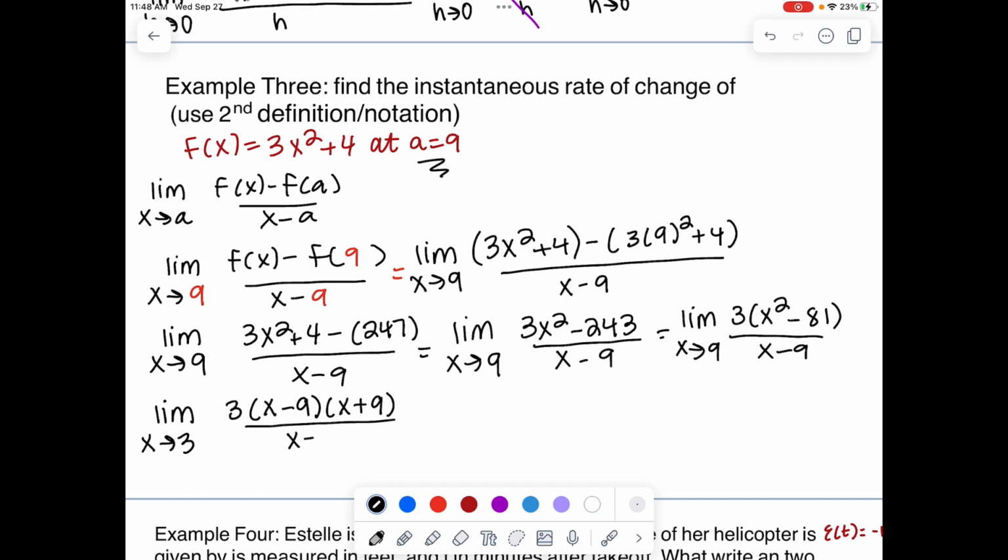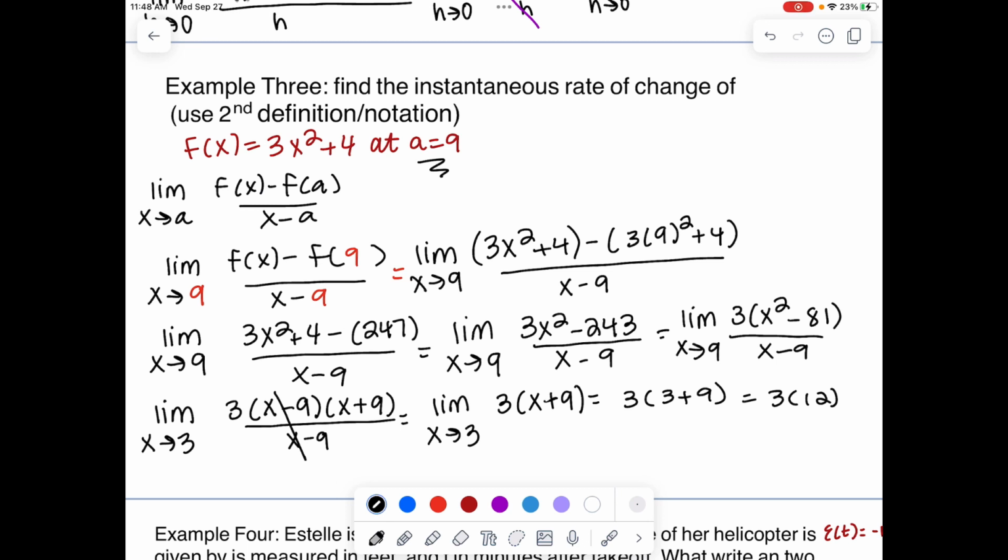And now the factor on the denominator and the numerator can cancel out. So we cancel out the thing that was making us divide by 0. And we'll get 3 times x plus 9. Since we canceled out the factor that was making us divide by 0, we can go ahead and plug in 3. And we will get 3 times 12, which equals,